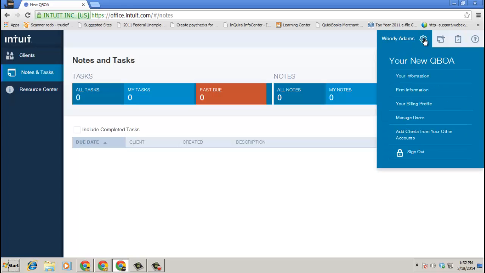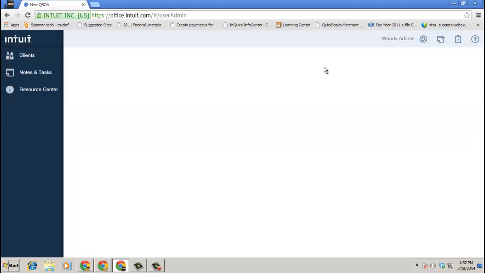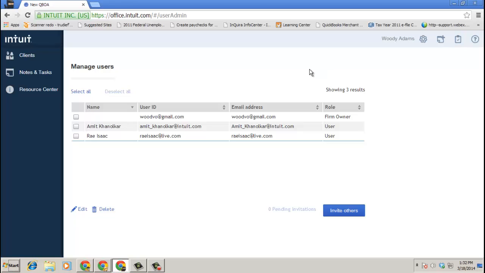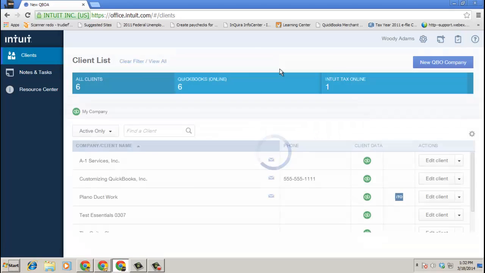Under the gear icon or the firm name, I have the ability to manage users, which are my staff. So you notice I invited a couple other staff here. We all come into the same office.intuit.com realm, and we all see the same client list. They're like sub-accountants under me. So in this case, you only need the one accountant user on your client QBO files. Your other staff are just coming in kind of under your coattails, if you will, because they're accessing the same client list in the new QBO, QuickBooks Online Accountant,